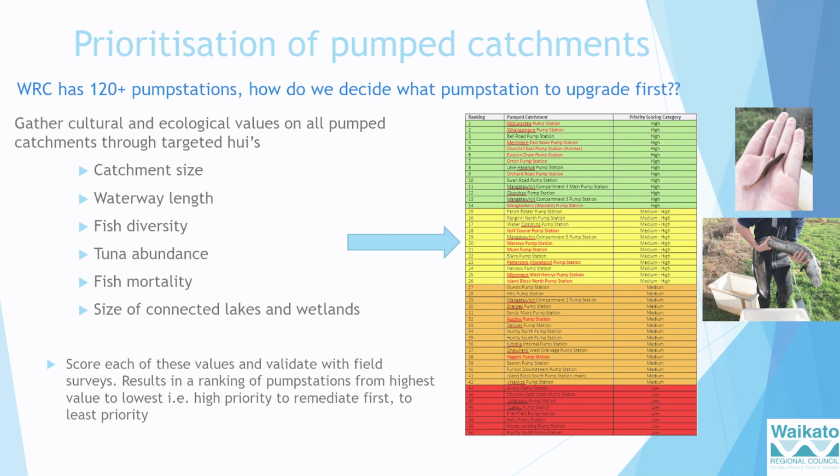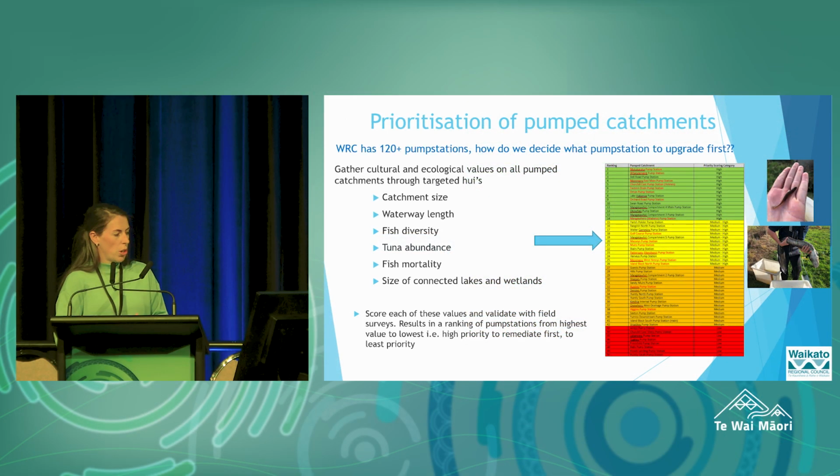So given that we've got quite a large number of pump stations, how do we know what pump station is more important than the other? What one do we upgrade first? We've got to start somewhere. So in order to do this, we had targeted huis with iwi, mana whenua and stakeholders, and we gathered a